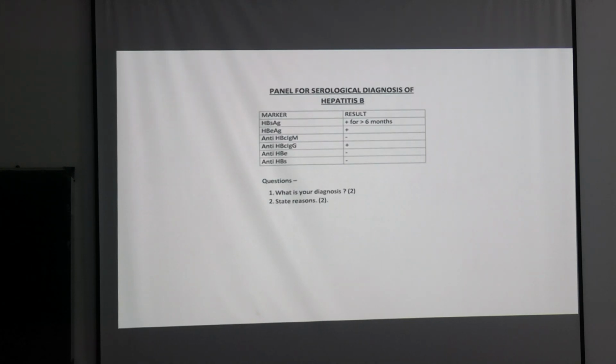Now the panel card. So, HBs antigen present for more than 6 months. HBe antigen present and anti-HBc IgG present. তাহলে কি হবে? বলো, তোমরা বলো।